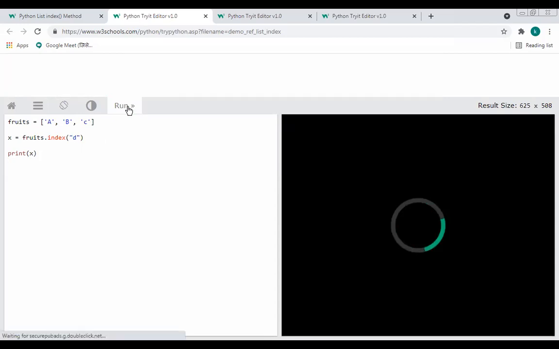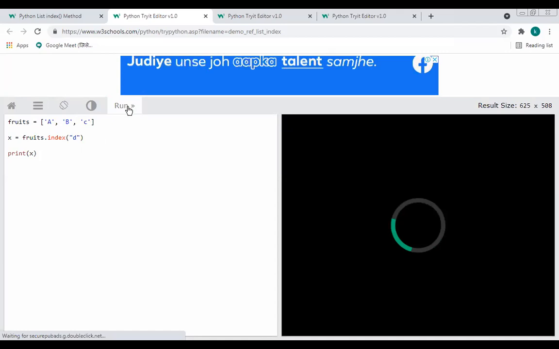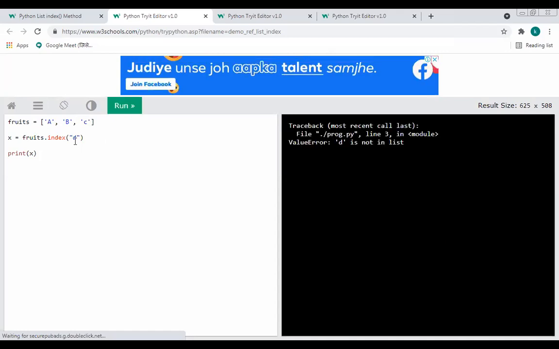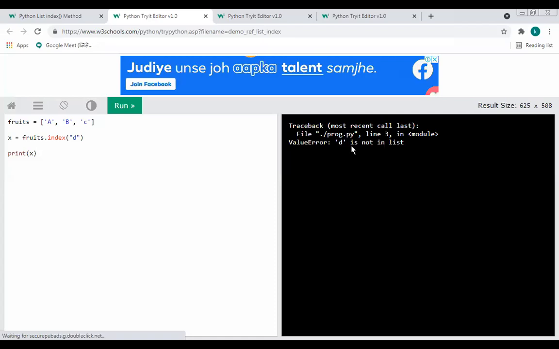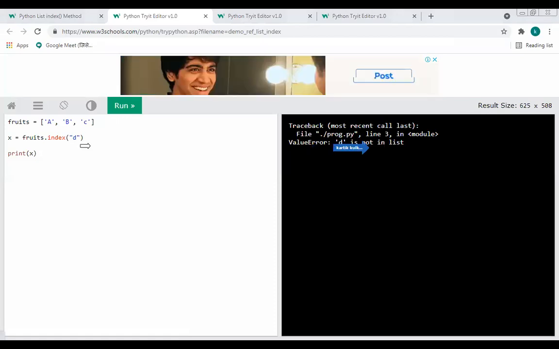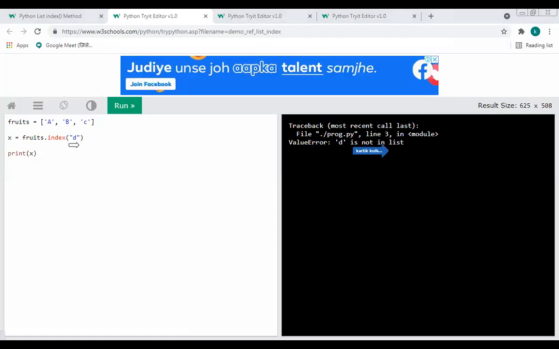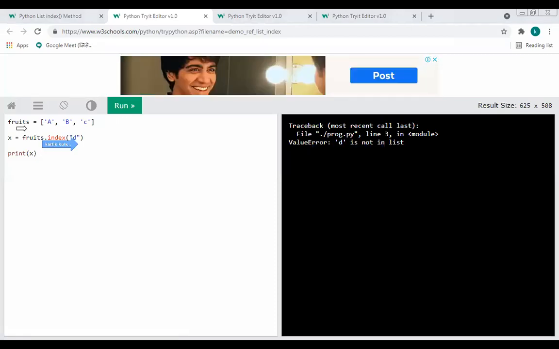Why? Because I am trying to access the index number of an element which is not present at all. So you will clearly get a ValueError in this output: D is not in the list, obviously.